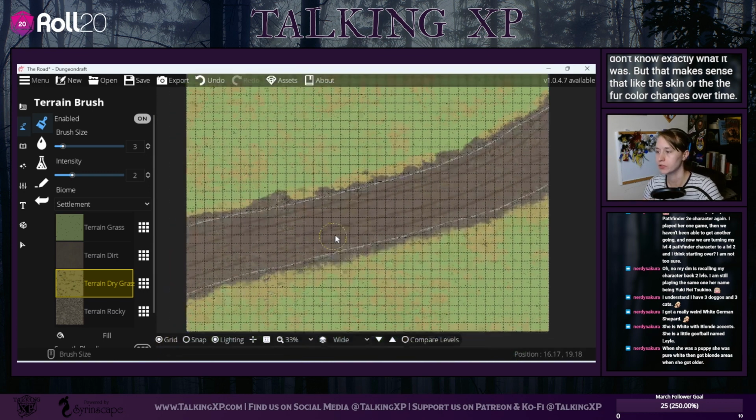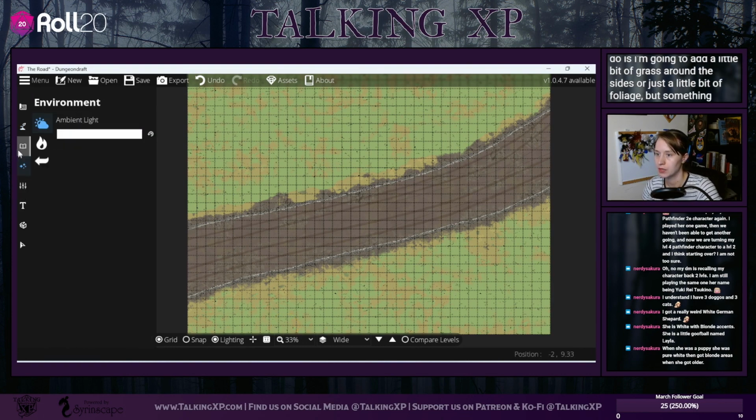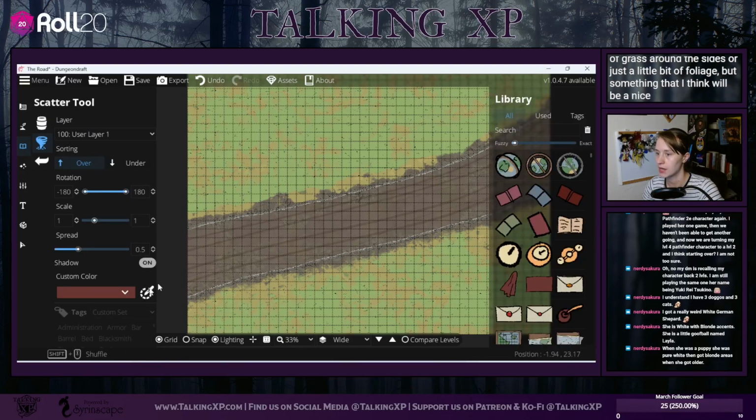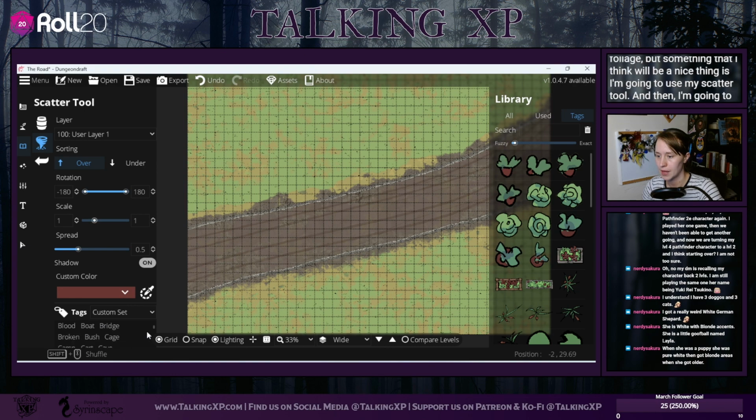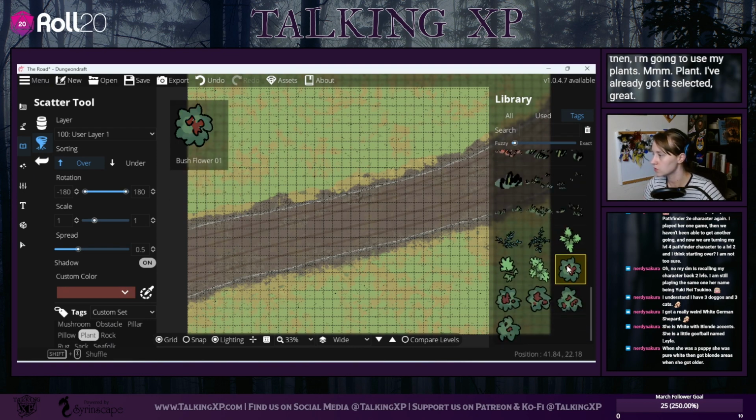I think what I will do is add a little bit of grass around the sides, or just a little bit of foliage. Something that I think will be a nice thing is I'm going to use my scatter tool, and then I'm going to use my plants. Oh, I've already got it selected. Great. And I'm going to actually use these plants